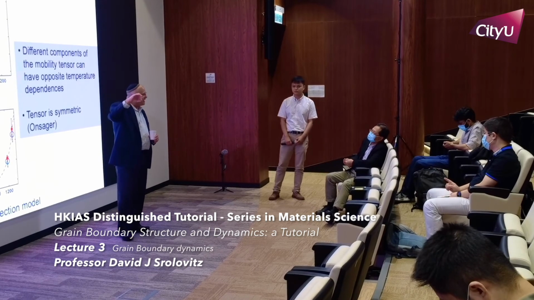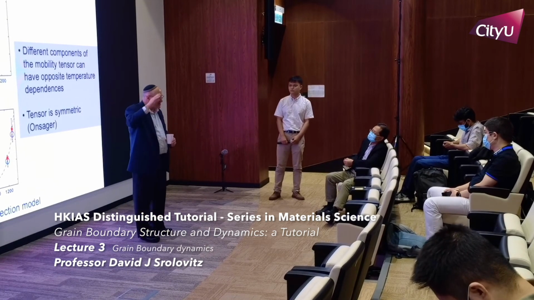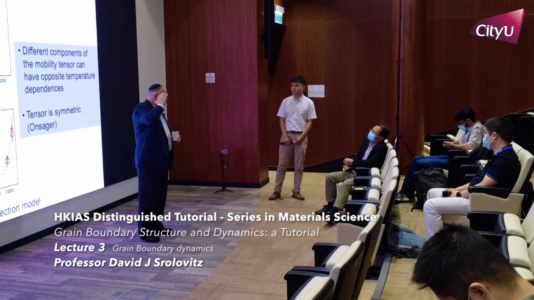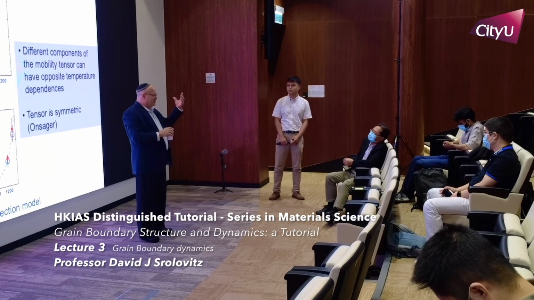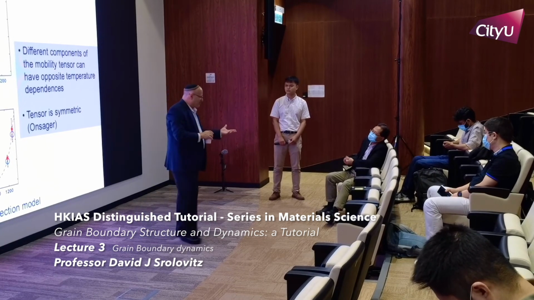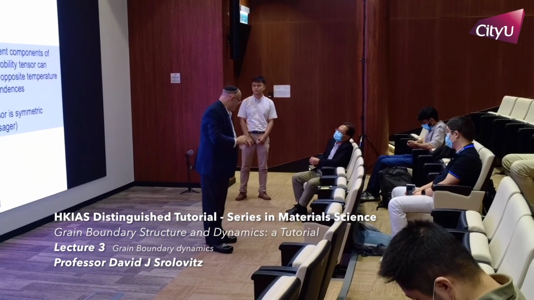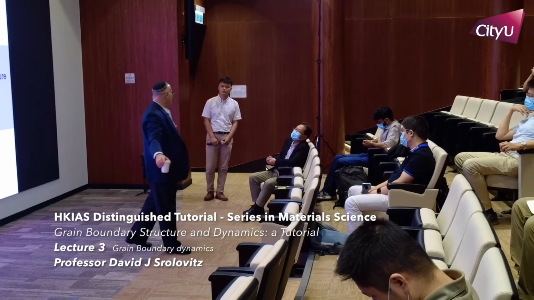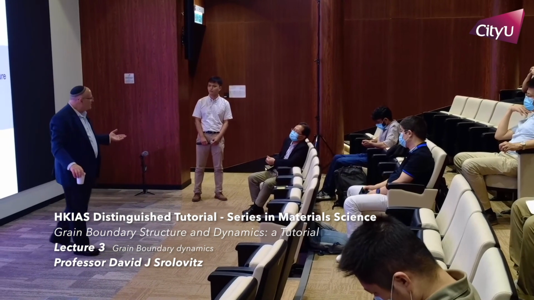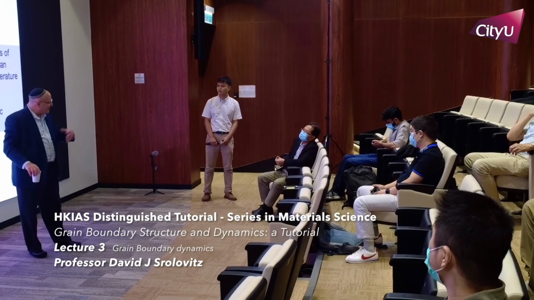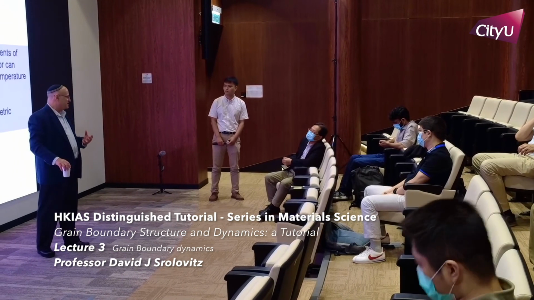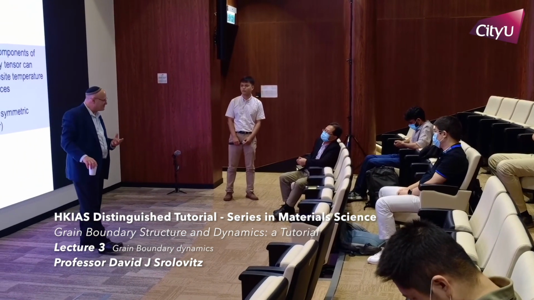But if you try to make quantitative predictions, you're always going to run into trouble because there are 5 degrees of freedom associated with every grain boundary. Every grain boundary also has a range of possible disconnections. The dimensionality of the problem is very large, but at least we can use it to understand the phenomena and some of the trends. But to make really quantitative predictions,